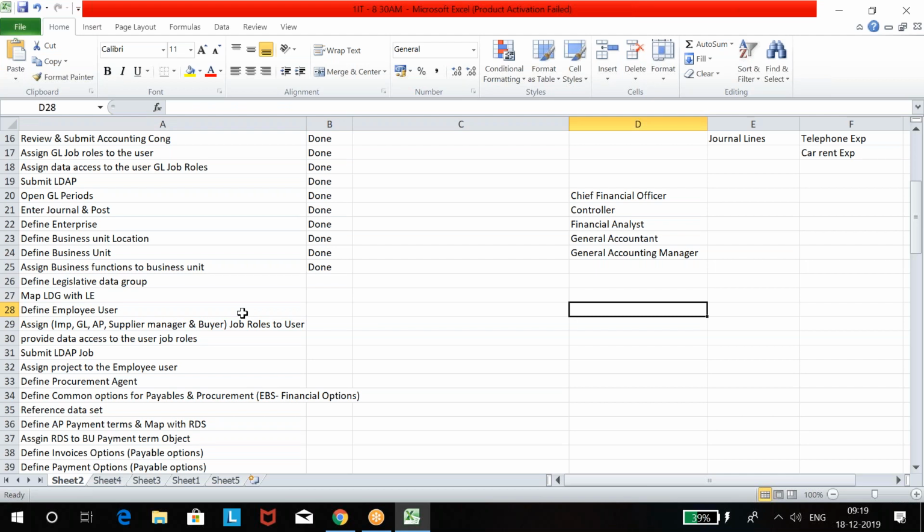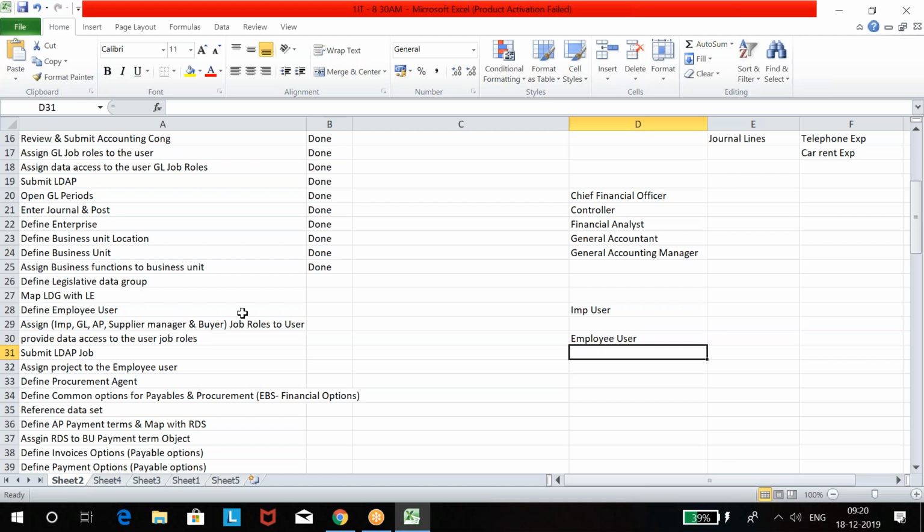We have discussed two types of users: implementation user and employee user. What is the difference? There are only three differences between these two users. Whatever implementation user can do, everything can be done by employee user. But there are a few things that cannot be done from implementation user.